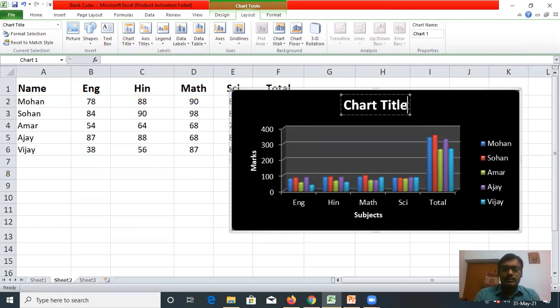You can write here like mark sheet. You can write mark sheet of X students. Marks sheet. Okay, I'm only writing the mark sheet. So in this way you can create horizontal title, vertical title. These horizontal title and vertical title is axis title. So you can create axis title and you can create title of the chart.